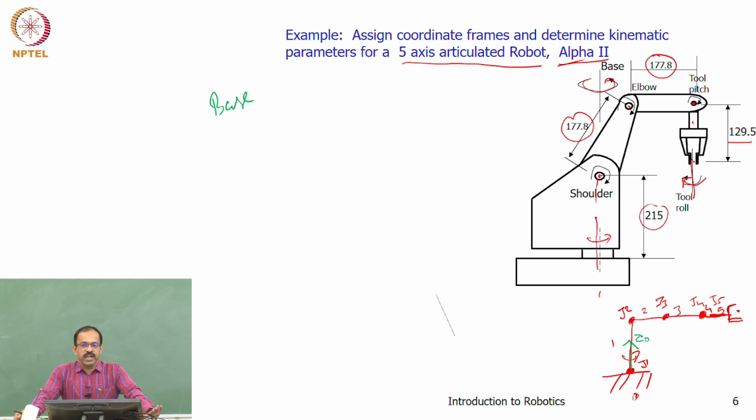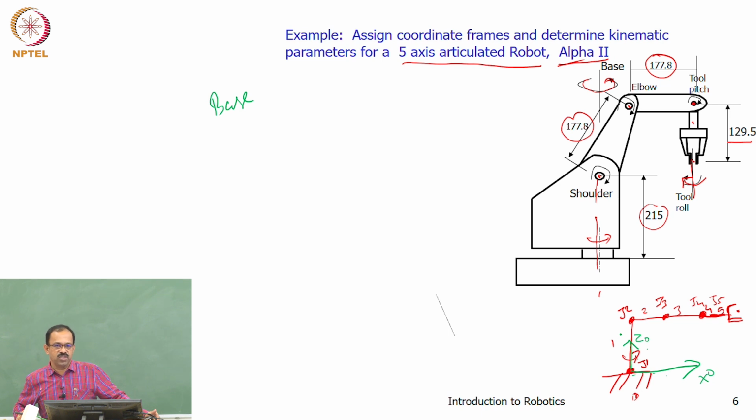And once you know the z0 axis, then you need to find out the x0. I mean, what is the x axis? The x axis should be orthogonal to it, and in this case, I can assume it in the positive direction. I can assume it in any direction. I can assume it this way, or I can assume it this way also. So that is up to me, the first one. So I assume it this way because I want to operate the robot in this xz plane. I assume that my operation plane is xz. So I will assume that this is the x0 axis. So I have this x and z axis.